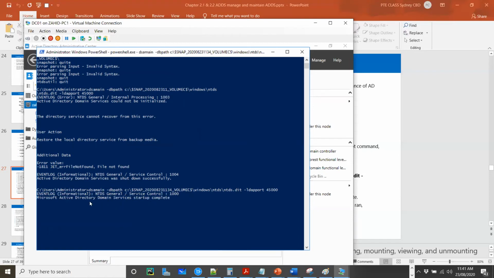Yes, it should display Microsoft Active Directory Domain Services Startup Complete. Is it good for everyone? Yes, Startup Complete means it's good. Shutdown means no good. Yeah, there's a dash over there. Yes, looking good. So Startup Complete means